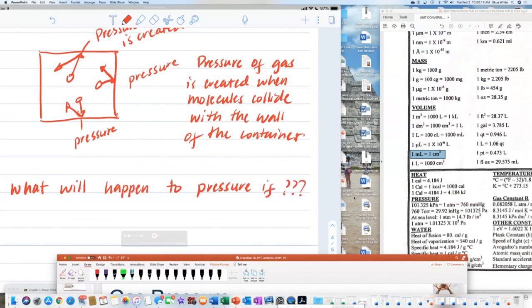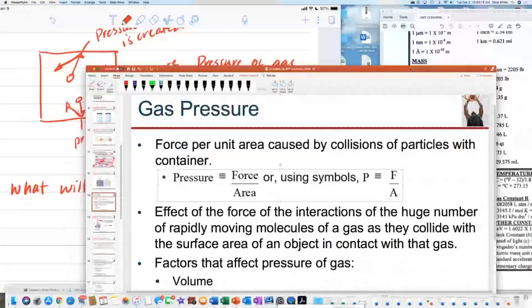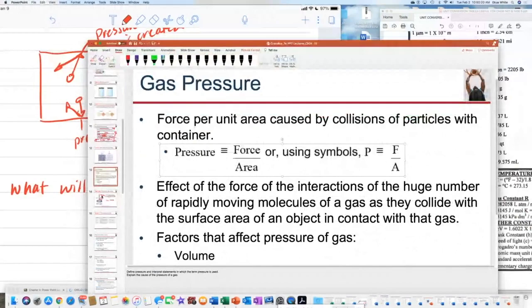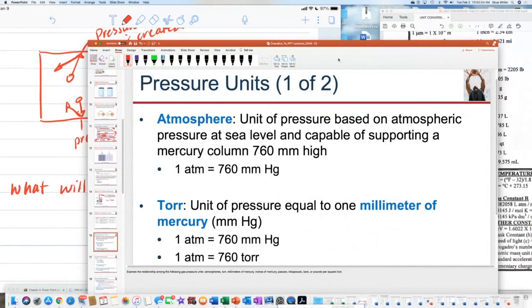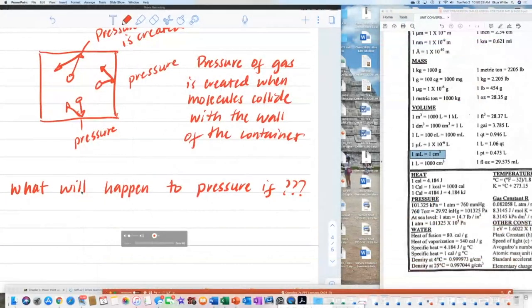So I'm going to design some scenarios here. I'm detouring away from the slides. When we met on Thursday, I remember we got to about slide 13, 14, 16 right here. Okay, so I'll come back over that. But what will happen to pressure